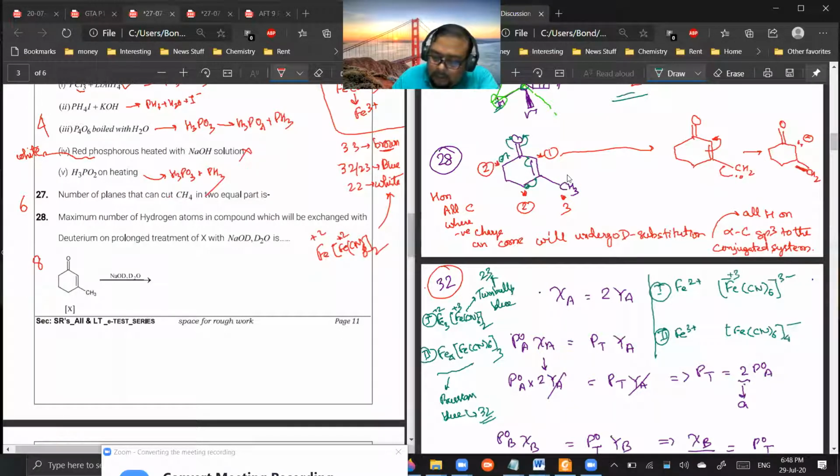If you have a negative charge here, it can be delocalized like this. So this can explain these three positions. This one is explained when you are writing this. If you are delocalizing like this, a negative charge must come here. Wherever the negative charge will come, at that position the hydrogen will undergo deuterium substitution. Are you getting my point? Yes or no? This question I have discussed in the class also, if you look into your notes.